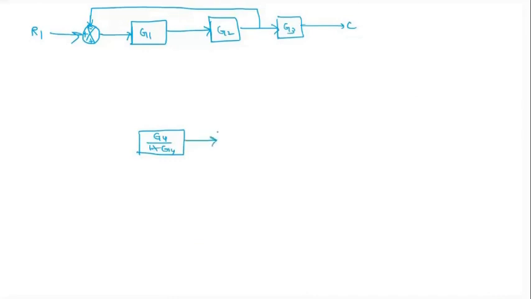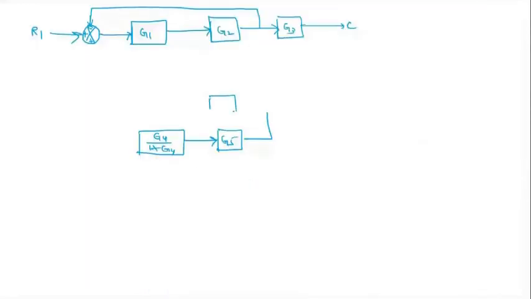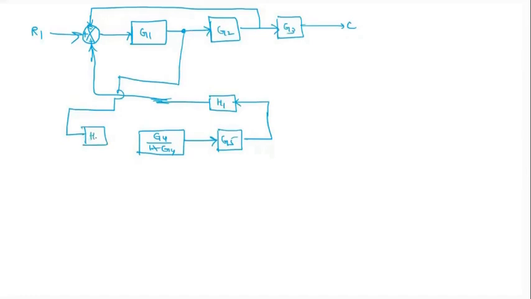Then after that we'll have G5. Then if you go upward again, H1. Here it is H1. Then it is directly connected to this point. Right. Now there was one junction point between G1 and G2, which is getting here, coming here. One H2 is there. I think so. Right, H2. Fine. So now if you look at this, this is the resultant diagram.